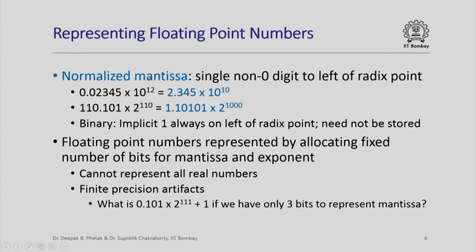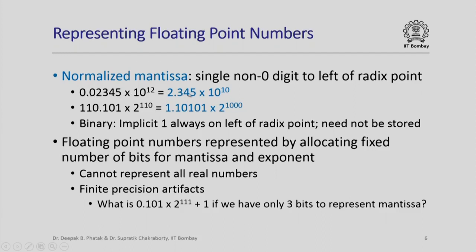Now when we write the mantissa, the same number can be represented in two different forms. For example, in decimal, 0.02345 times 10 raised to 12 is the same as 2.345 times 10 raised to 10. So which of these should I take as my mantissa,